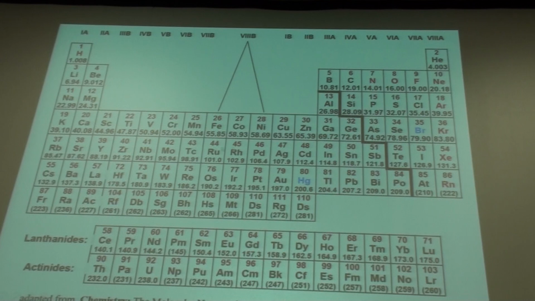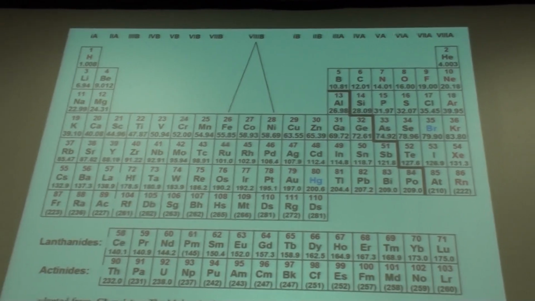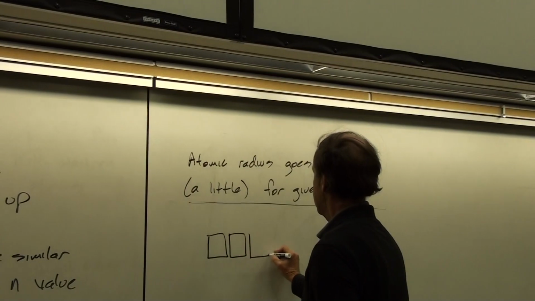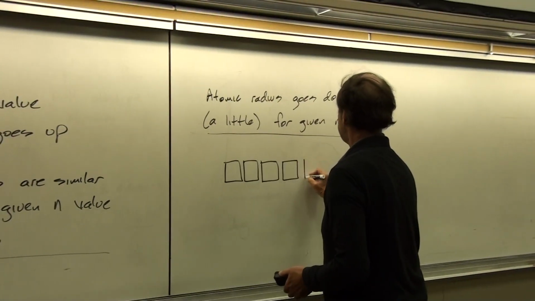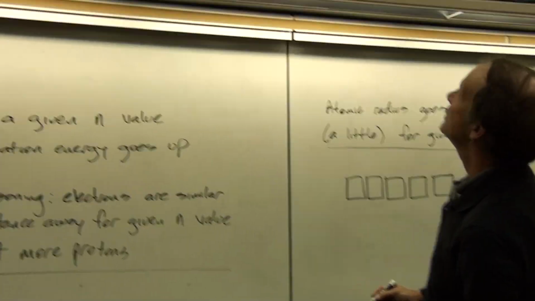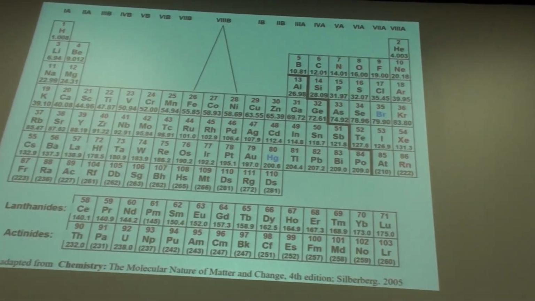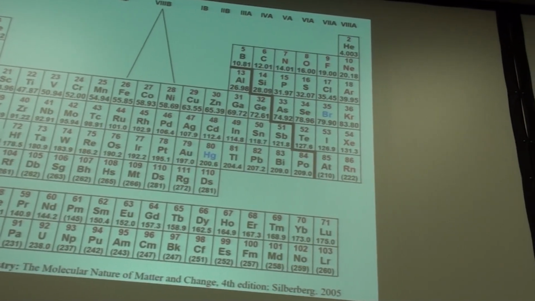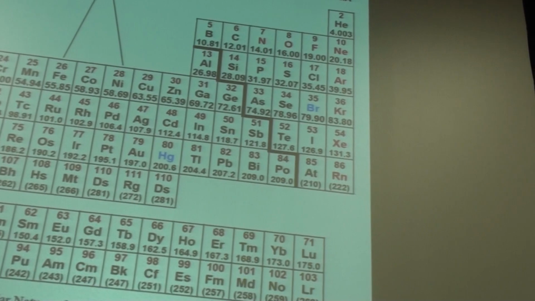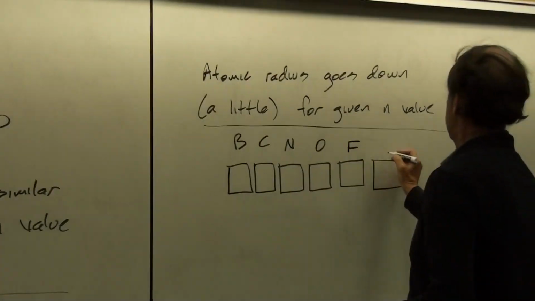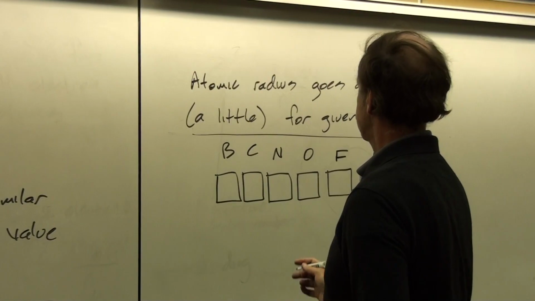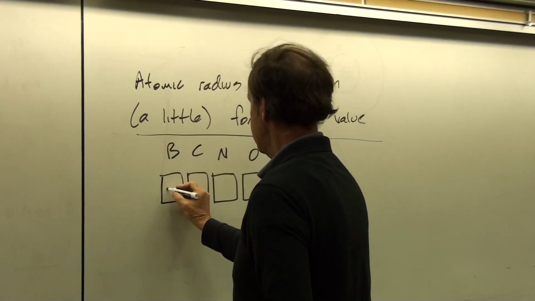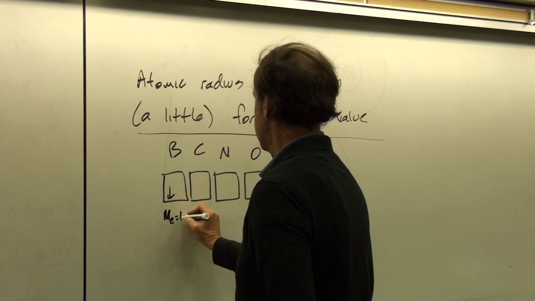Another thing to keep in mind is, as we're looking at the splitting of these, it always starts from lower m sub l. So let's say that we were to look at some 2p orbits here. Okay, and so these 2p orbits, this would be for boron, carbon, nitrogen, oxygen, and fluorine, 1, 2, 3, 4, 5, and then neon. Okay, so this is going to come in with m sub l equals -1 first.